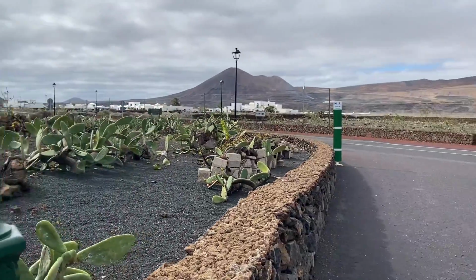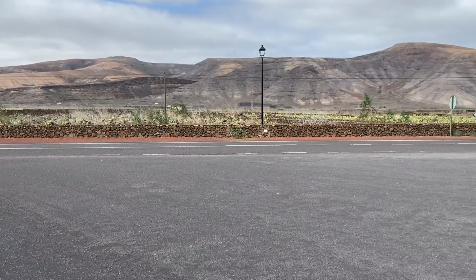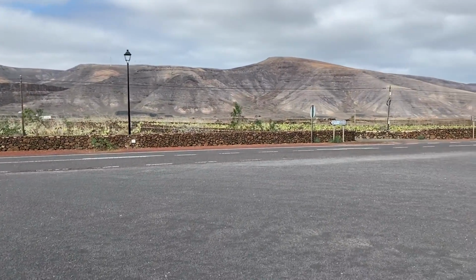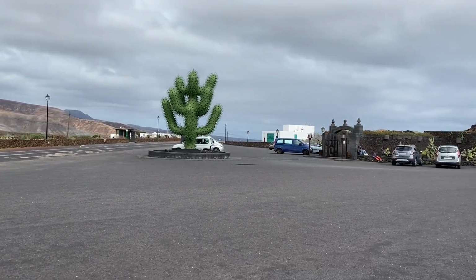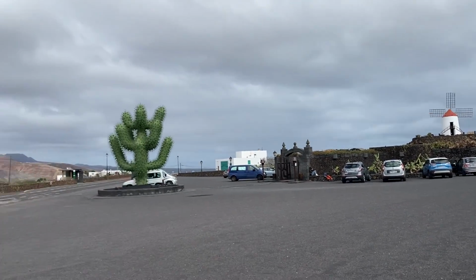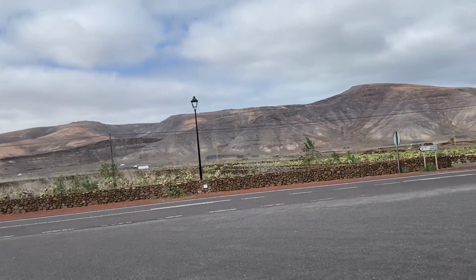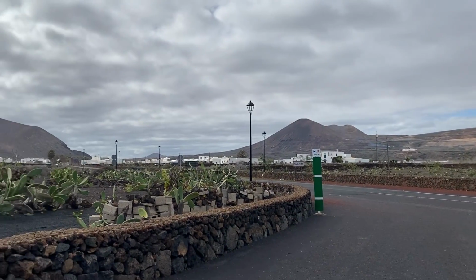Cactus Gardens, sort of place a lot of people avoid. They kind of think it's going to be boring. It isn't. It's fascinating. I'd highly recommend you pay it a visit if you haven't already been. Really interesting place. So the wind's coming up a bit now, as you can probably hear. I'll swing round so the microphone's out of the wind and tell you that we're now going to head into